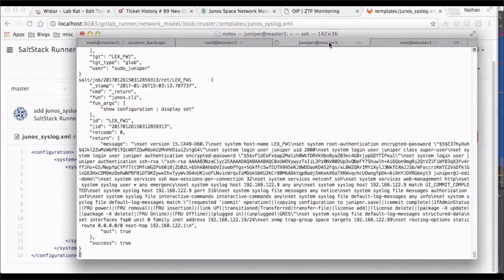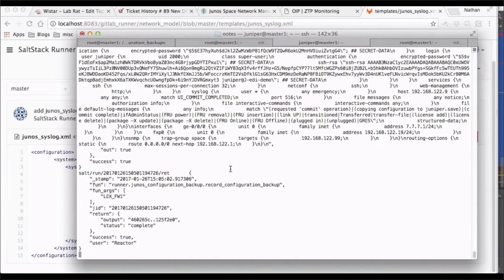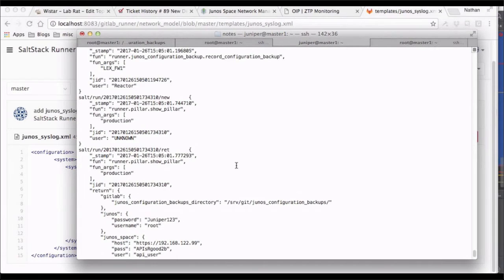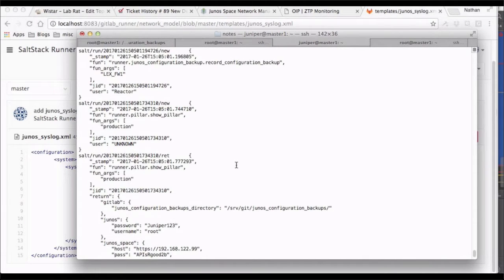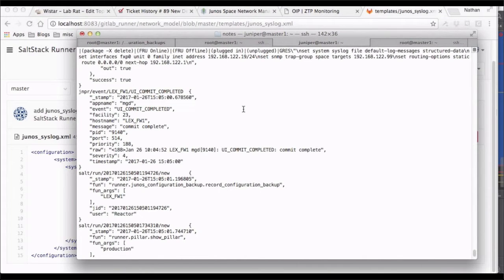So let's just back up here a little bit. And indeed, what we should see, where was it? Here we go. Juniper event lex firewall 1 UI commit completed. So this event was put on the event bus. And then what we see is our reactor system found that, and then it launched this Junos config backup